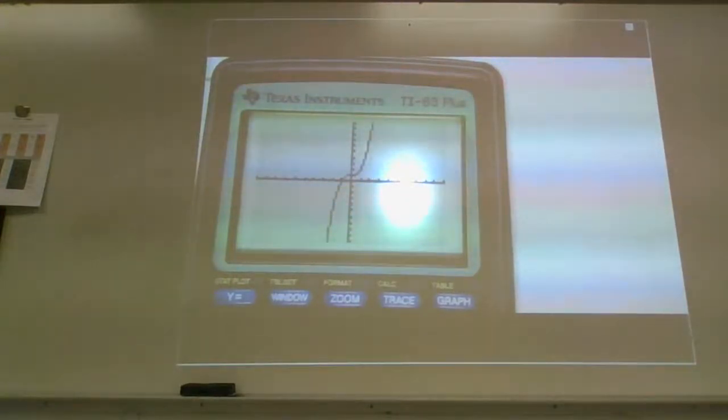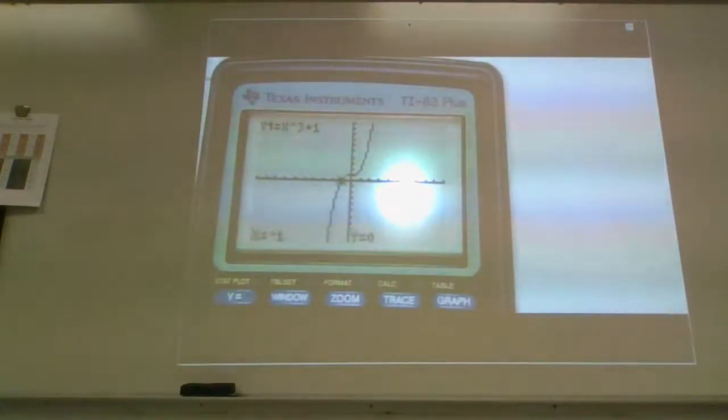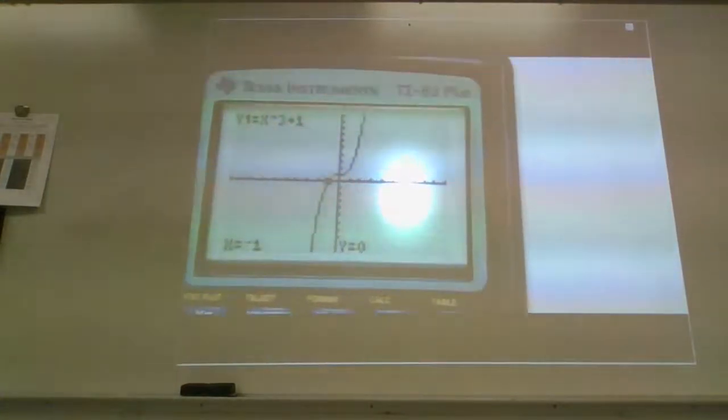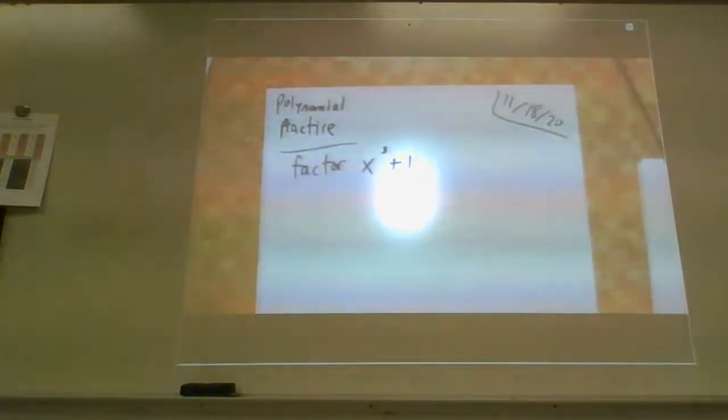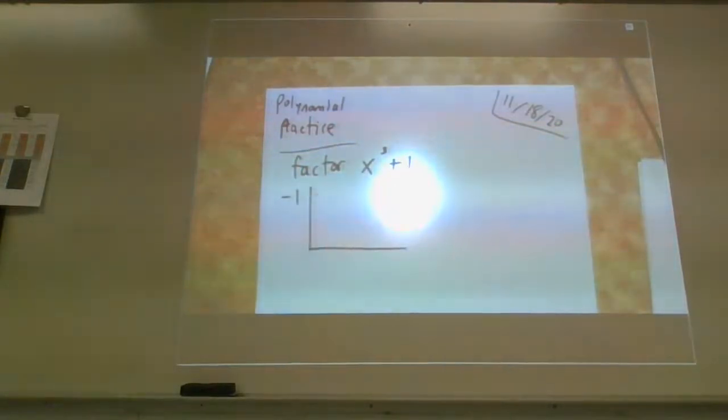Seemingly, it only crosses that x-axis once. And it appears that it crosses it at -1. You can see that blinking on my screen right there. I don't see anywhere else that it crosses the x-axis. I'm going to try and do synthetic with that -1. All right. Let's zoom back out. Let's see what we do here. So I'm going to have to do a synthetic with -1 on the outside. Now here